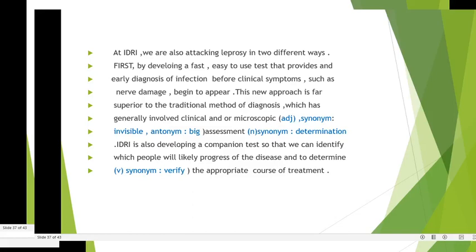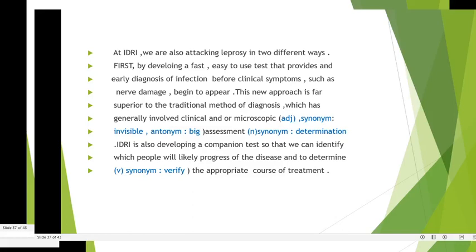This new approach is far superior to the traditional method of diagnosis, which has generally involved clinical and or microscopic assessment. এই নতুন পদ্ধতিটি রোগ নির্ণয়ের প্রচলিত পদ্ধতি থেকে অনেক ভালো, that means অনেক উন্নত. এখানে এই পদ্ধতিটিতে সাধারণত ক্লিনিক্যাল অথবা মাইক্রোস্কোপ ফলাফলের উপর ভিত্তি করে করা হয়েছে।